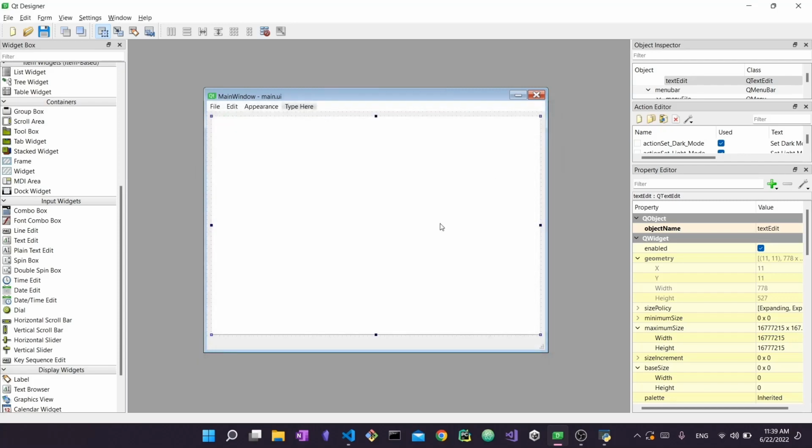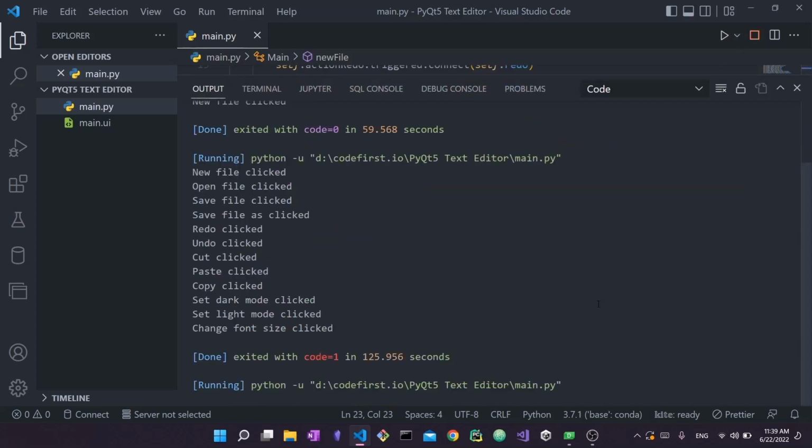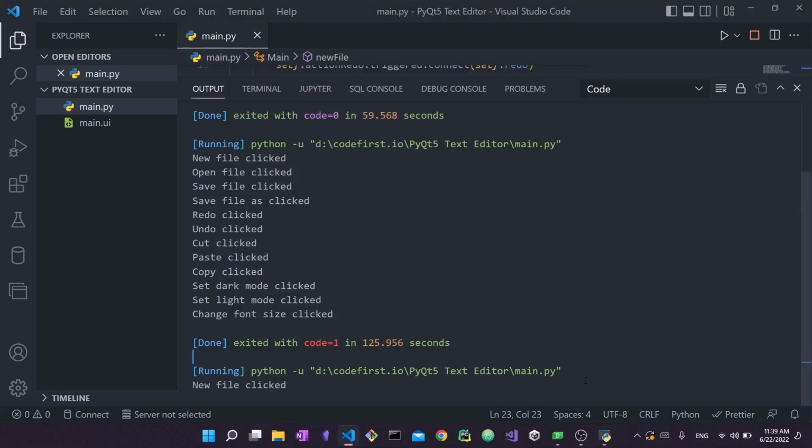So how will this look through the code? Well, if I come here, stop my program and rerun it, okay, so you can see it. You have new and it has Control N next to it. If I press on it, obviously it says new file clicked. However,